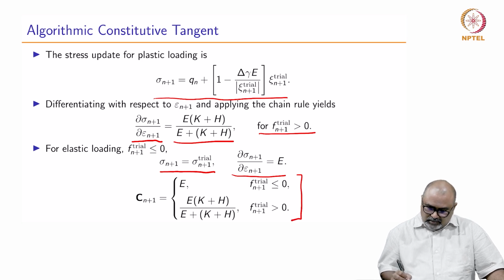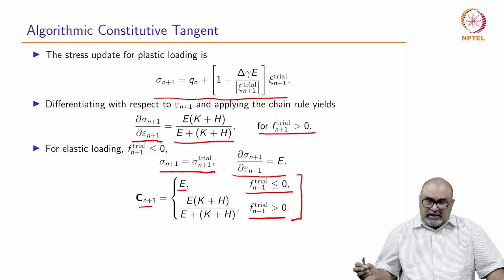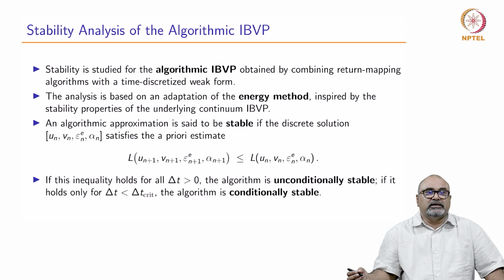So, the constitutive equation thus reads C_{n+1} is equal to the elastic modulus E when F_{n+1} trial is less than or equal to 0, and during a plastic process, when F_{n+1} trial is greater than 0, C_{n+1} is equal to E times (K plus H) by (E plus K plus H). So, there is a need to understand